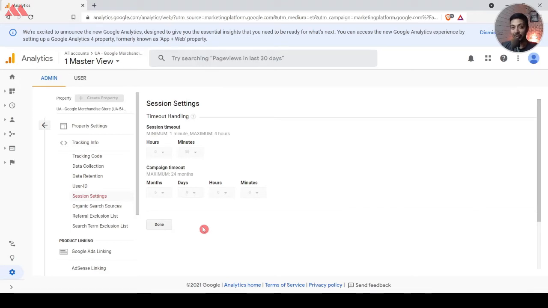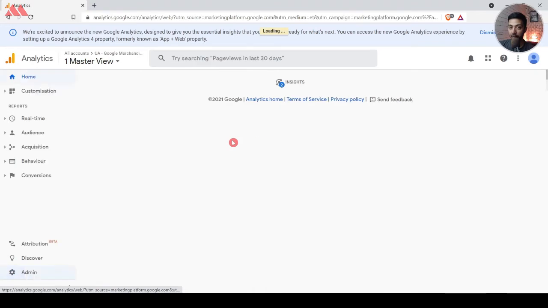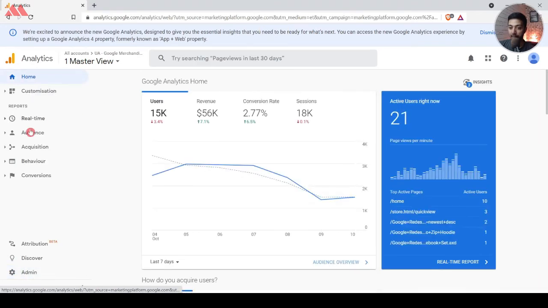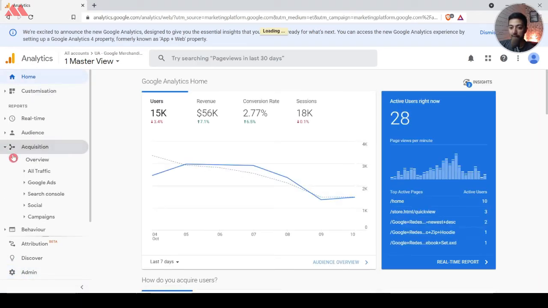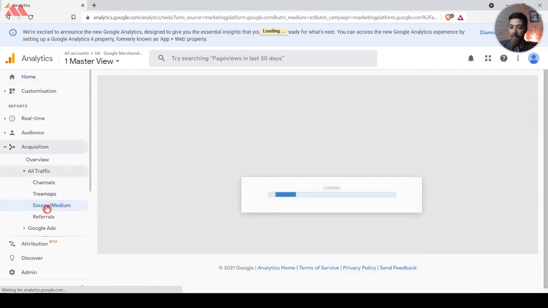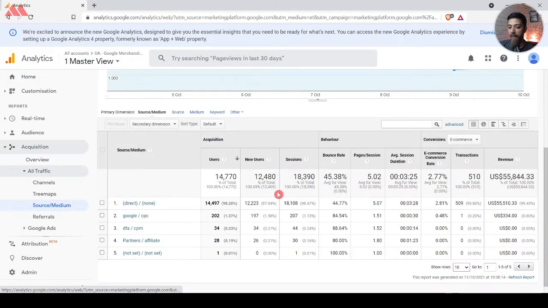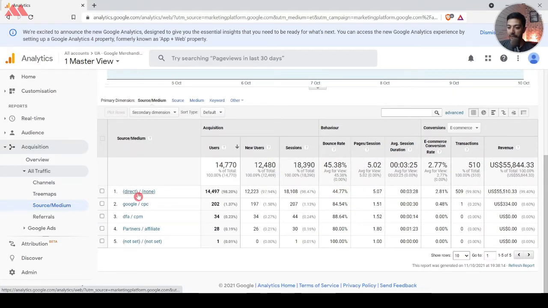So this is a very interesting setting that you can do in your Google Analytics so that you can capture a better traffic source in your Google Analytics reports. Now once we are done with this, let's see where we can find our traffic sources in Google Analytics. So we go to acquisitions, and here we have source and medium,